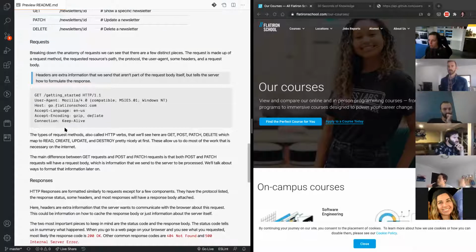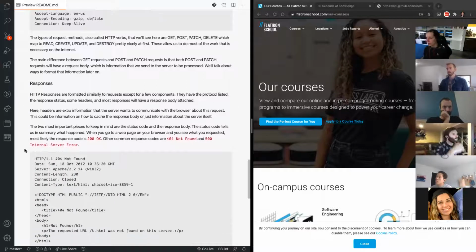There's some more information here about the requests and responses that we make. We already talked about the different types of HTTP verbs that we have. And this also mentions that you can essentially map these get, post, patch, delete to create, read, update, and destroy, right? So these are your CRUD actions, not in the right order, but still. So we have our read, which is pretty much our get, right? Our create is our post, our update would be our patch, and our destroy would be our delete.